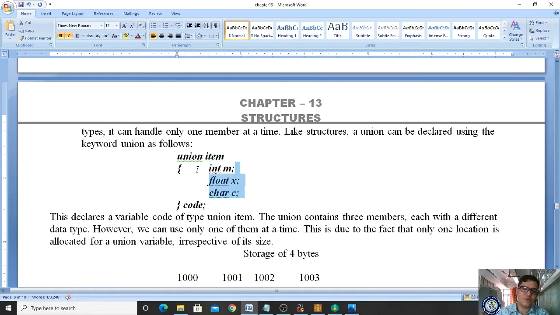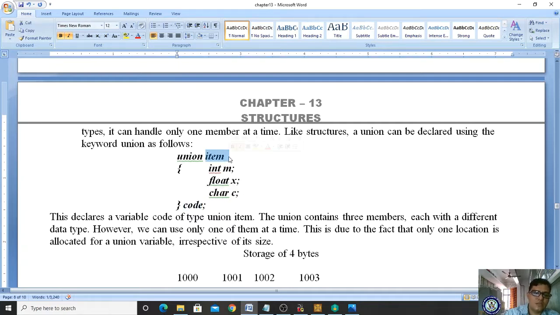These are the data members. Here I am defining int m, float x and char c. Integer will occupy 2 bytes, float will occupy 4 bytes, character will occupy 1 byte. So this code indicates the union variable of the item.